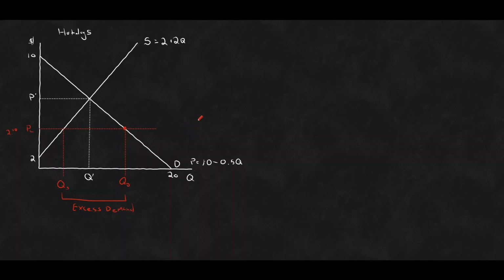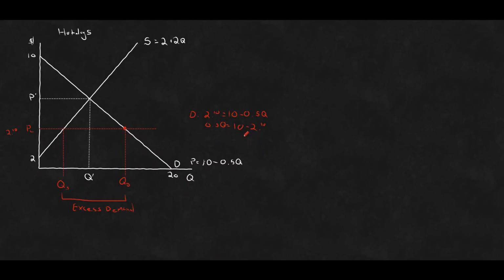So, based off of our demand, that is 210 equals 10 minus 0.5Q. We can solve for our total quantity demanded in this case here. So let's just go through that process. Move it over. We would have